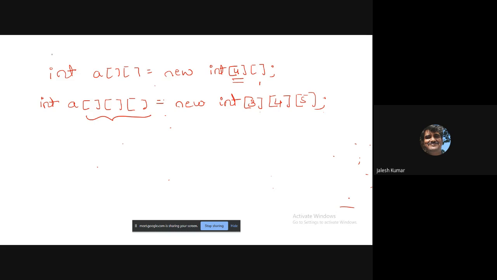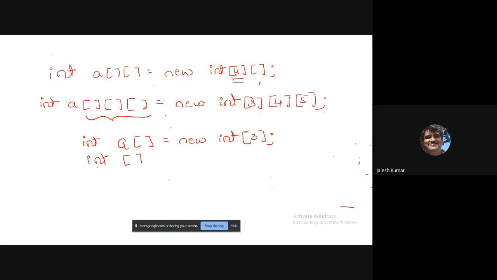See, along with that, you wanted to know some more information in an array. That is, if I write int a, this is how we are allocating, is it not? You already are familiar with this. You know how to allocate. See, instead of this, I will write like this.